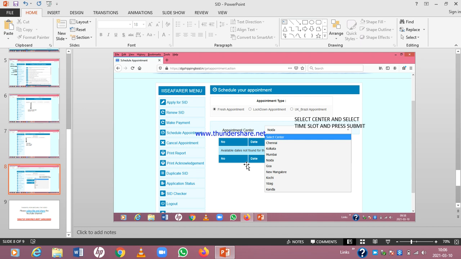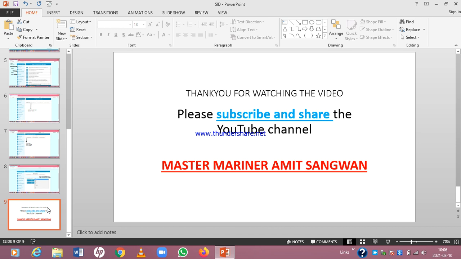So after that, on that designated date and time, you go to the MMD center you have selected. Carry your original passport, CDC, and this acknowledgement form with you. Only these three things are required, and it will take about 10 to 15 minutes inside the MMD center to take your data, your biometric data. Rest everything is already filled up in the form. So it is very simple to apply for the SID, and you can do it at any time, whether on Sunday, Saturday, or any time you are free.